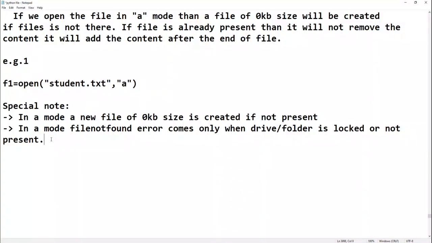That's it. There are 4 other modes that I will discuss later on: R plus, W plus, A plus, and X mode. Right now, let's focus on R, W, and A mode. Then we will learn the other modes too, so don't worry about it.